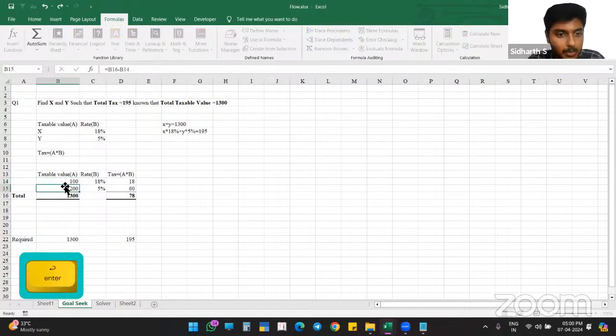So the function we are going to use is goal seek. Goal seek is present in the data tab. In the data tab, we have what if analysis. We can press what if analysis and we can see